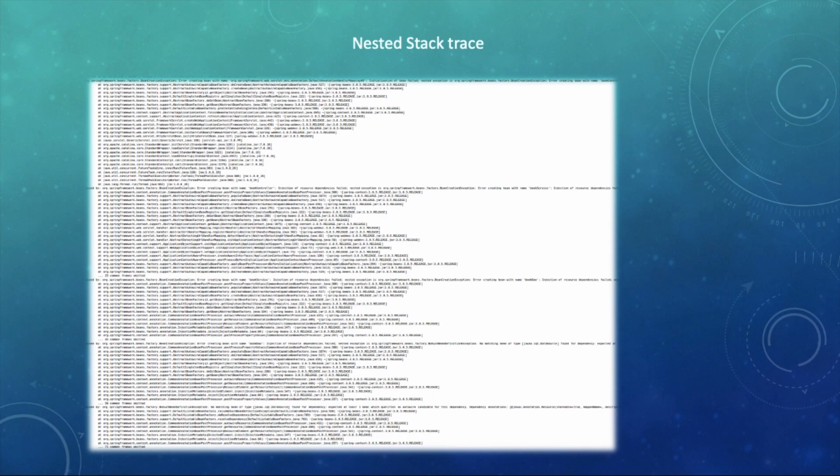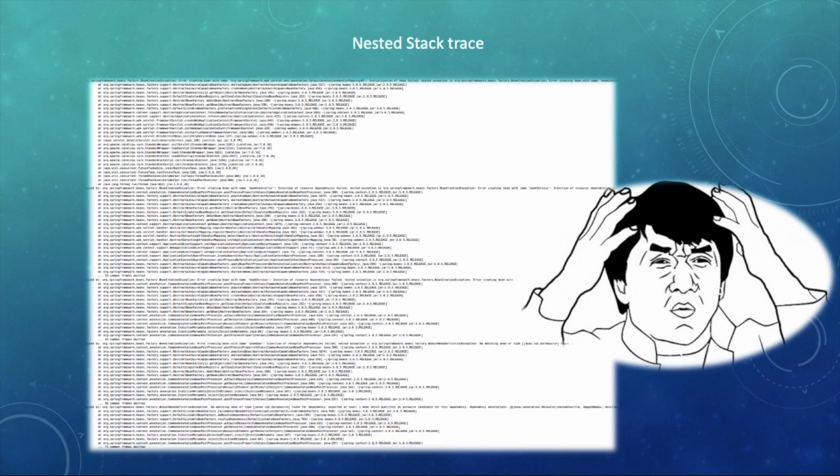In big projects with many libraries, a stack trace can be hundreds of lines long. There we have nested stack traces, and they are actually fairly long, almost 300 or 400 lines, and I am not exaggerating here. Sometimes one exception is wrapped in another, which may in turn be wrapped in another, and so on. In a nested stack trace also, when we look at each of these stack traces, often it's the most nested or innermost exception that gives the most useful information, and that's the root cause.